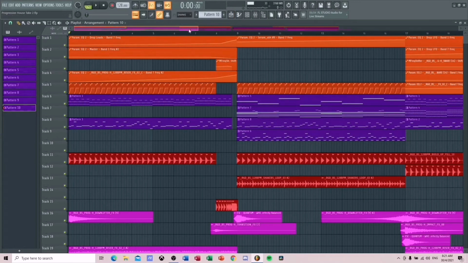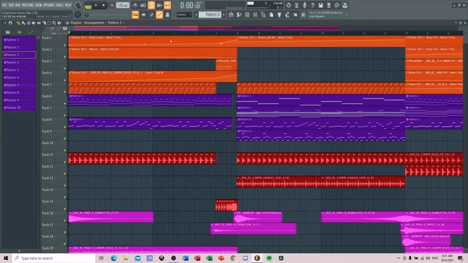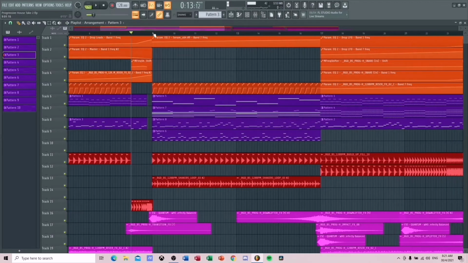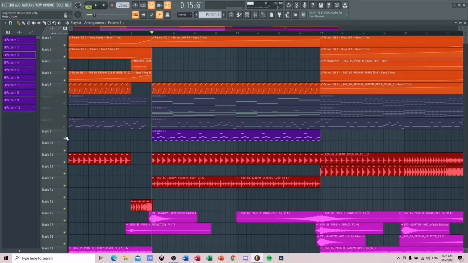This lead is just this lead layer, but with only one layer, and you don't really hear it in the intro, but you hear it towards here with this cutoff. That's pretty much it for the intro. Now we have the breakdown. This is a really important element of